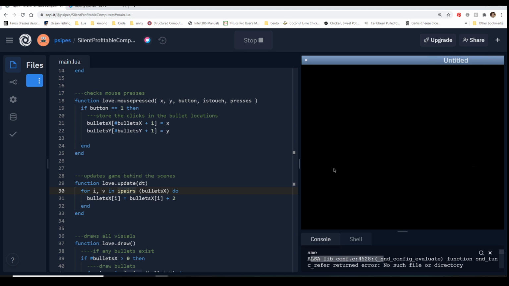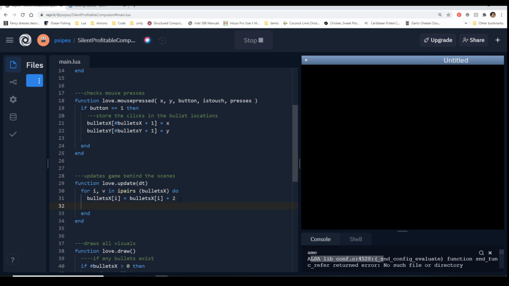So what we really need to do is we need to say, hey, if it's off the screen, delete it from the table, delete it from existence. We don't want to worry about it. We don't want to look at those numbers. And we definitely don't want a table that's just ballooning into millions and millions of entries, much less numbers that are so big they're starting to get scientifically notated with ease. So to do that, it's actually relatively easy.